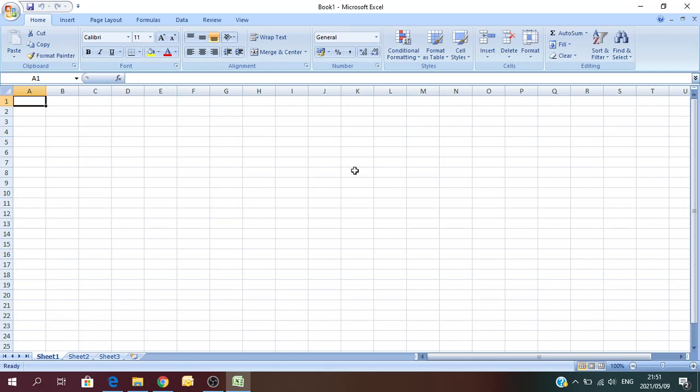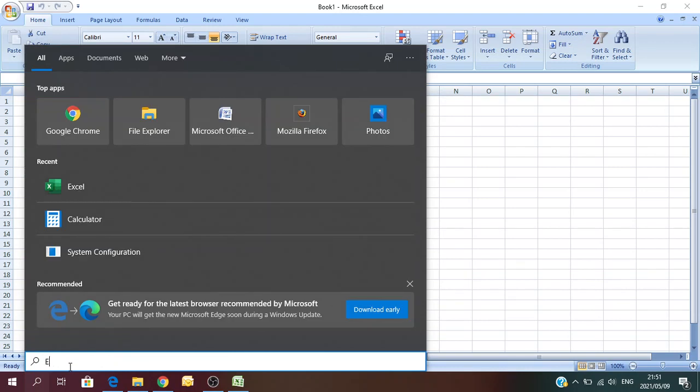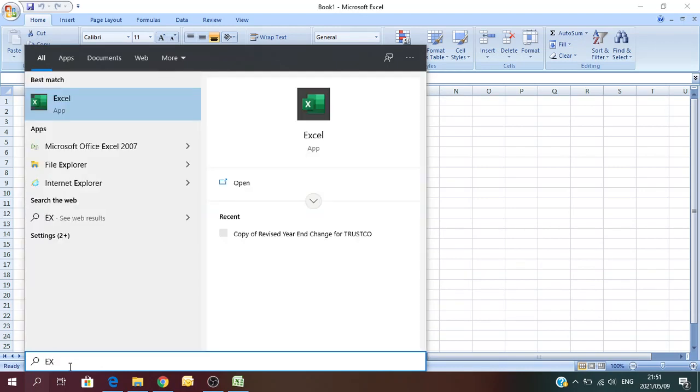All right, and for those that do not know how to open Microsoft Excel, it's just a matter of coming to your search area box right there. Once you click on it, you can therefore type EX. The moment that you even type EX or Excel in full, you'll see that the application will pop up somewhere here. So once it pops up there, it's a matter of you double clicking on it and it will